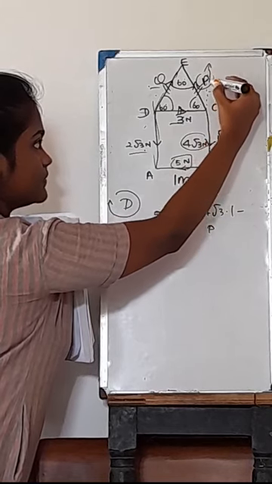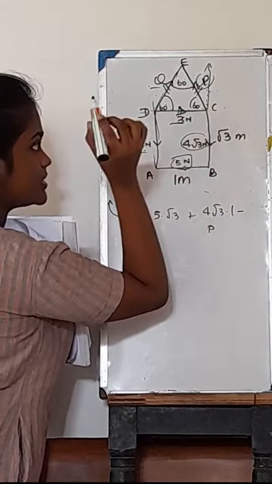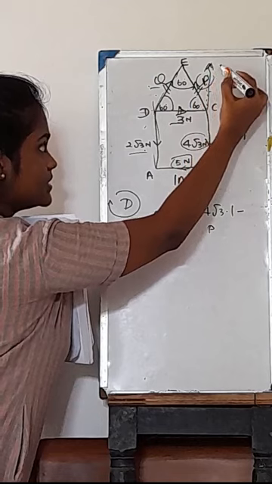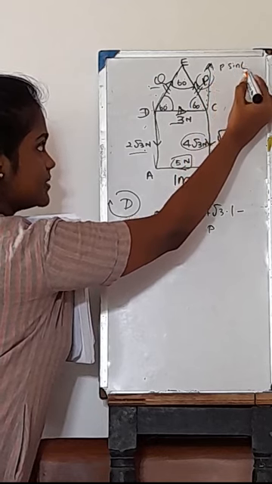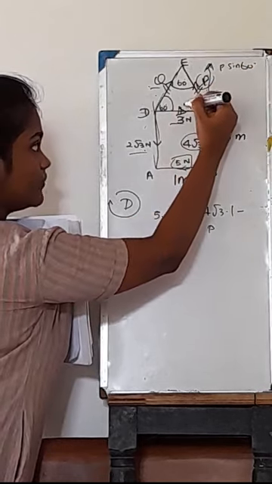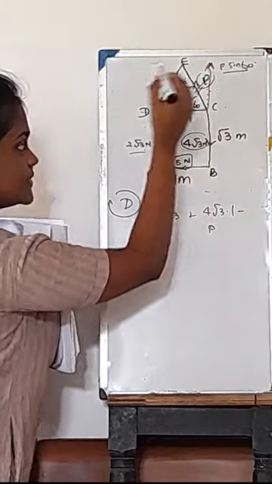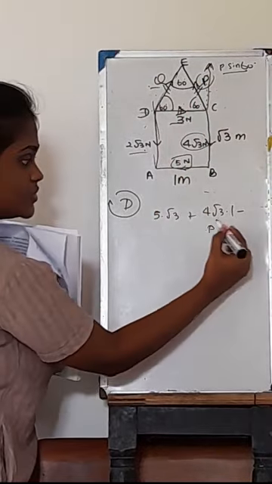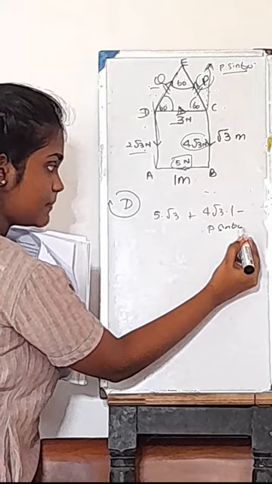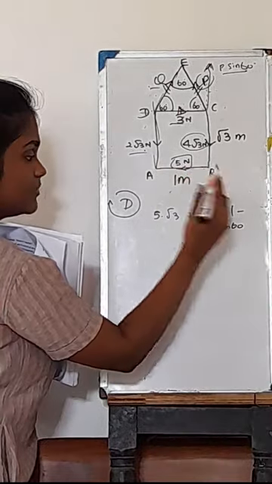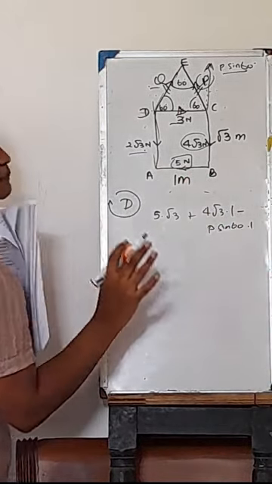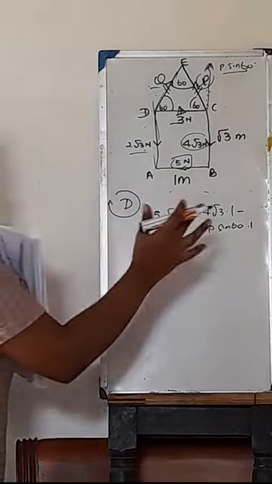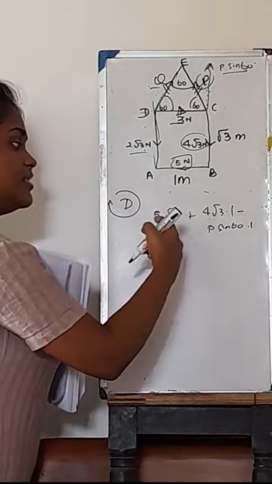This force into its perpendicular distance. So this force, when you resolve it away from the angle, is P sine 60 into its perpendicular distance, which is 1 meter. Right? Then we have to just simplify this. So you get